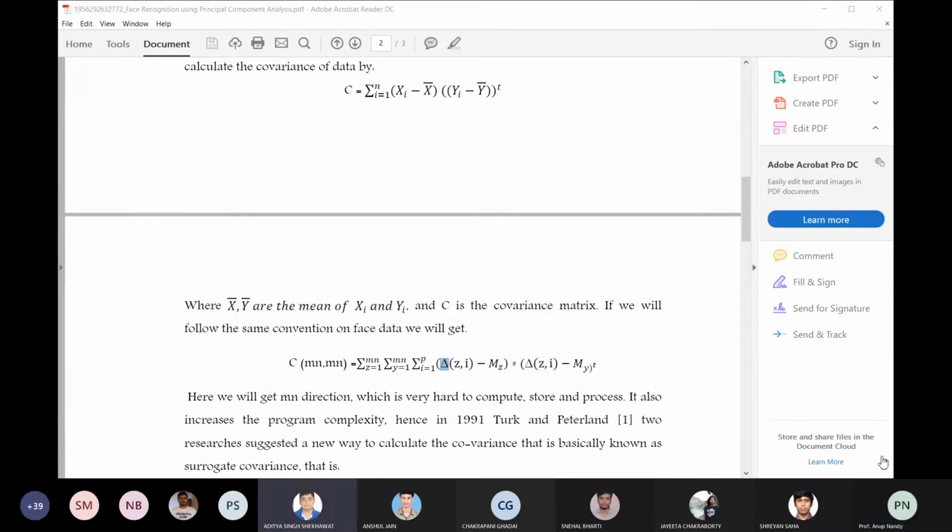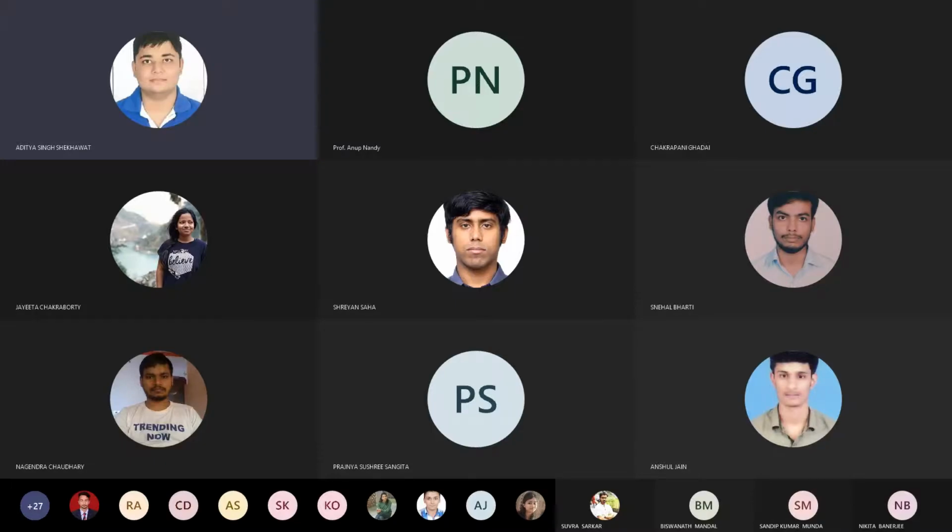Yes, sir. According to me, we calculated delta mean so that we can align the mean faces, right? Suppose that in one image a face is away from the center, and in the second image it is away from the center on the left side and the right side. We calculate the delta mean so that we can align both of them, and then first we align the faces, and then we calculate the covariance of that. And to calculate the covariance, we need the aligned mean zero face minus the mean of the original face.